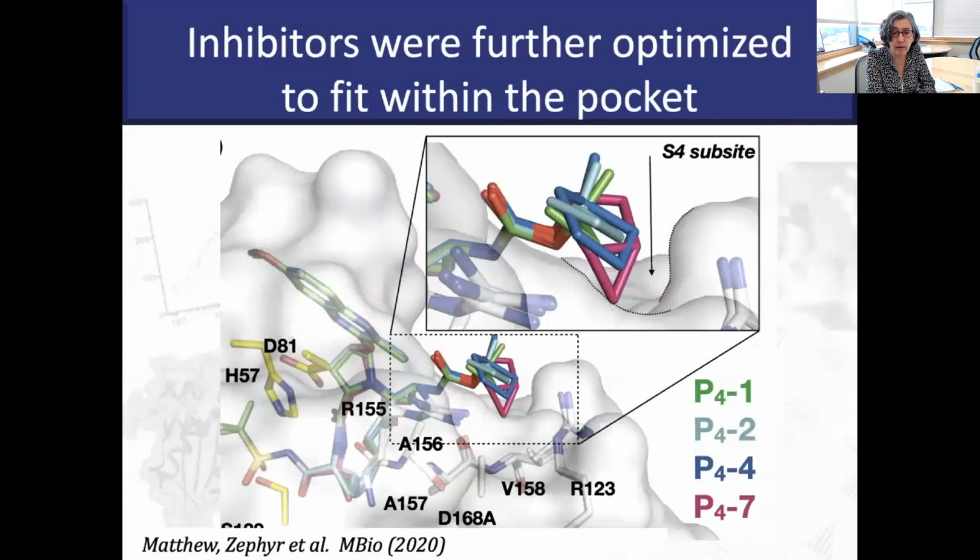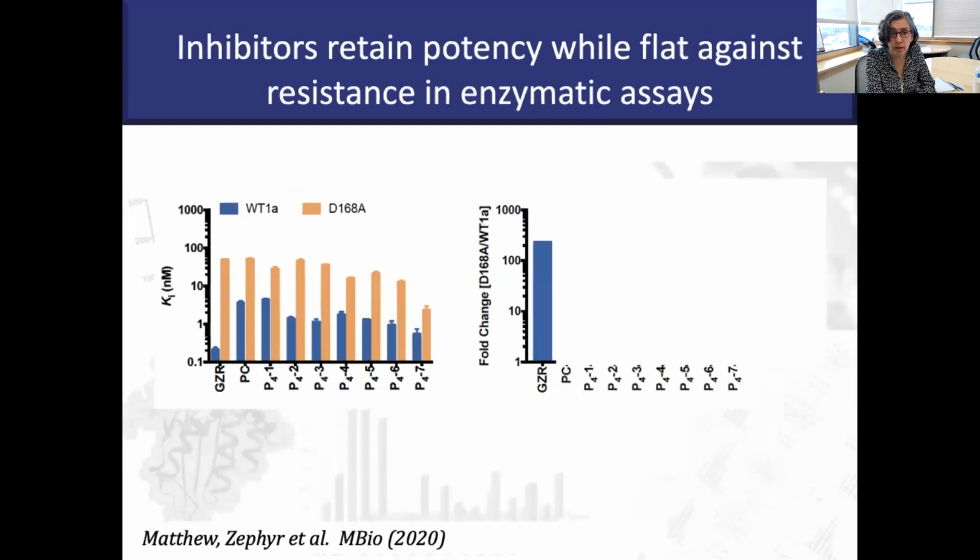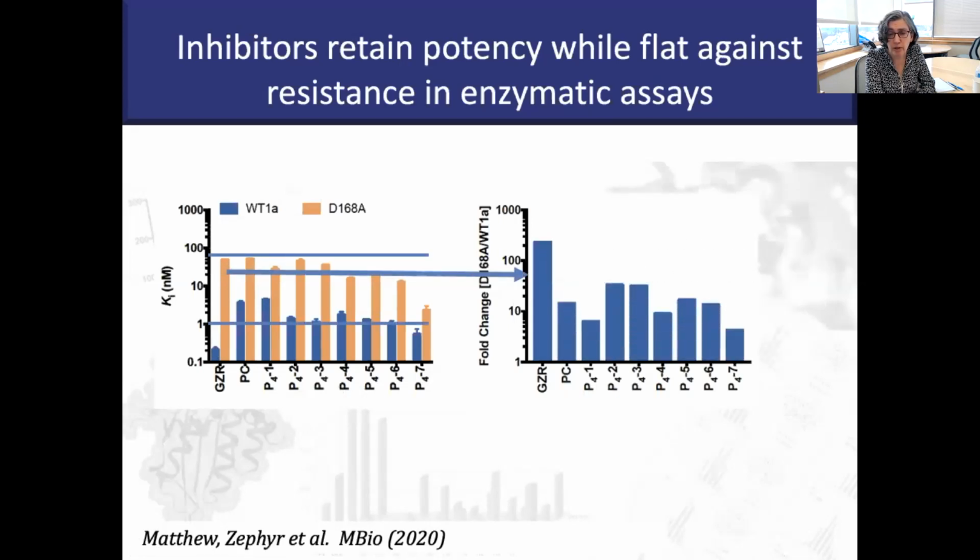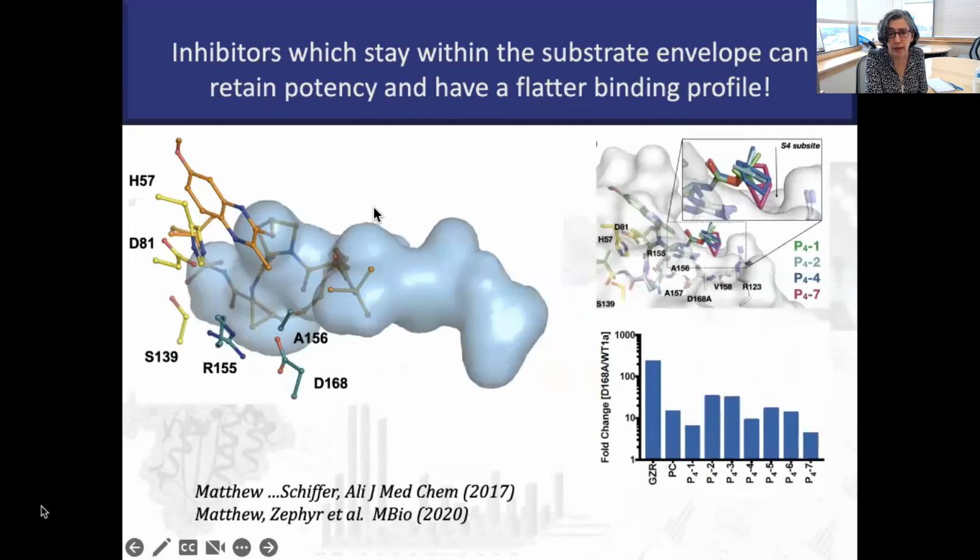So if we look at a series of compounds that we made, the magenta compound had the best fit and stayed within the envelope and retained potency. And you can see this compared to grazoprevir, where we lost about 250-fold in potency against resistance. Our other compounds lost much less, with the most potent compounds losing only about 10 or 12-fold against the resistant mutation of D168A. So this really shows sort of proof of the pudding that we were able to design inhibitors that fit within the